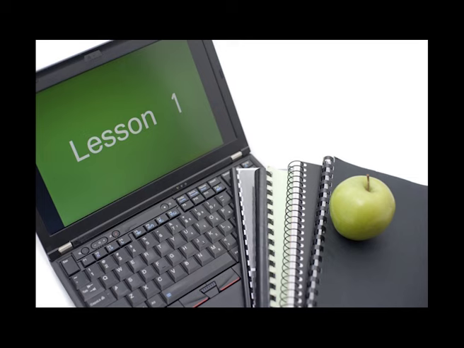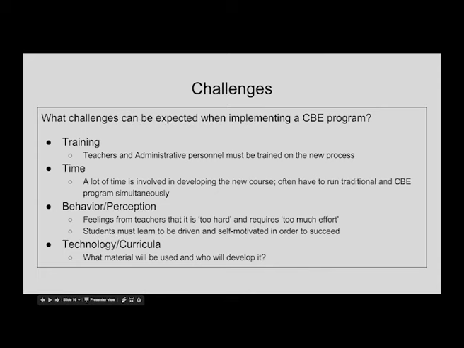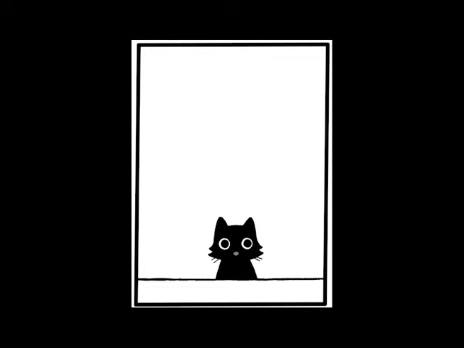Since the students in a CBE environment are self-driven, the curriculum must be flexible and easily adaptable to the needs of each student. Students learn at different paces, so the material needs to provide them the opportunity to work slowly, review their work, practice again, test again, or steamroll right through it if they know the material already. Technology has provided the means to do this much simpler since programs can be written to allow this branching off technique. Printed materials may provide the same individual self-paced learning, but either way, determining which materials to use and then to develop those materials can certainly be a challenge. I'm optimistic those things can happen. What else do we need to look at?